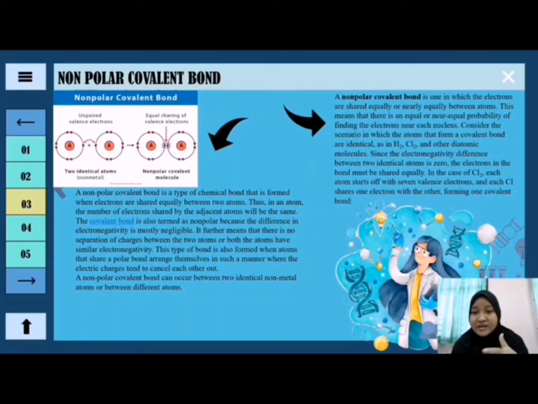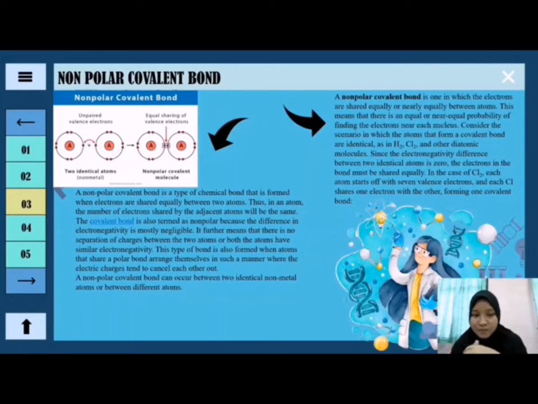Since the electronegativity difference between 2 identical atoms is 0, the electrons in the bond must be shared equally. In the case of Cl2, each atom starts off with 7 valence electrons, and each Cl shares 1 electron with the other,